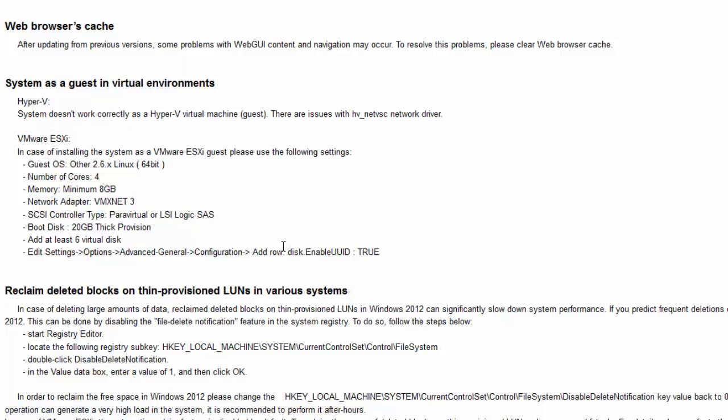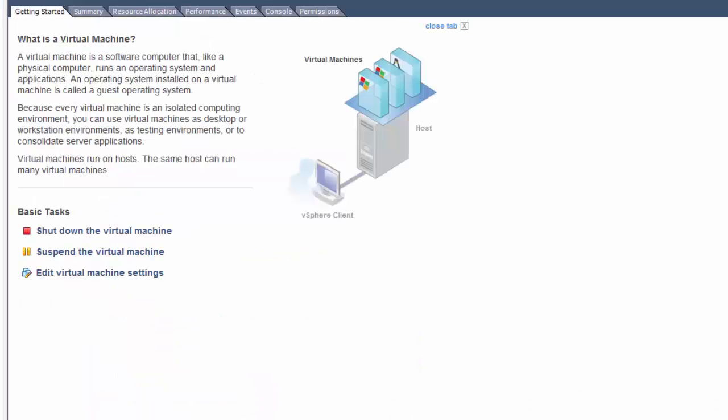In ESX, you need to add such a setting into system settings. Copy, because the VMware default settings for a virtual machine running under VMware do not recognize the disk UID. It just names disks with the regular naming like SDA, SDB, but not by ID. So in order to enable this, we need to change the settings of the virtual machine. The virtual machine must be